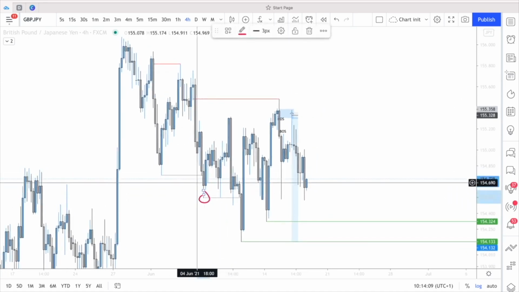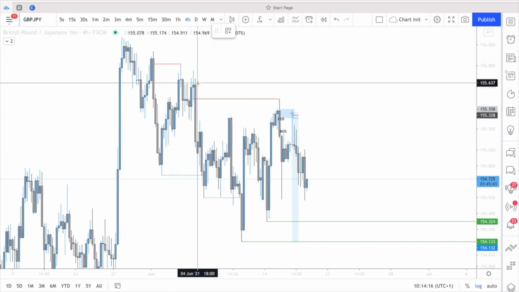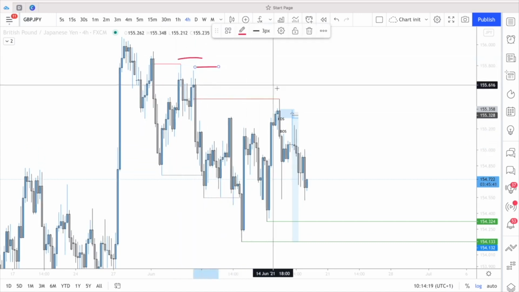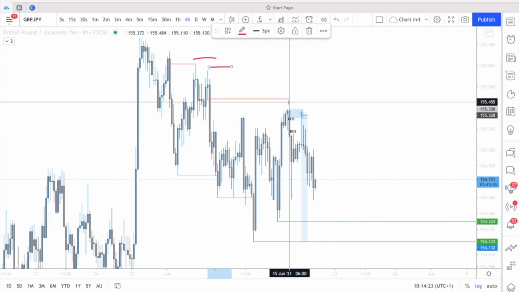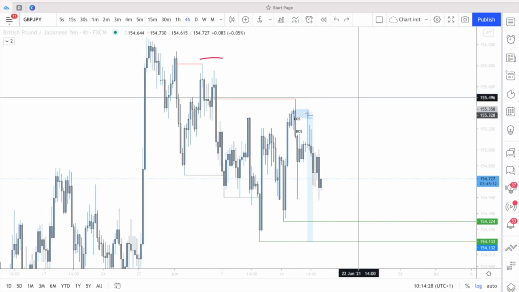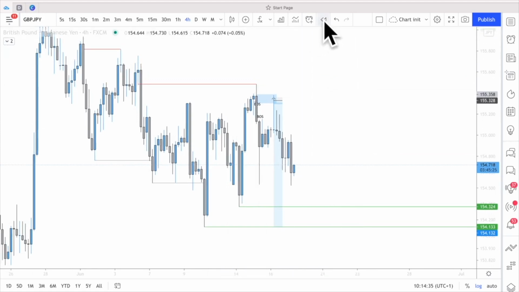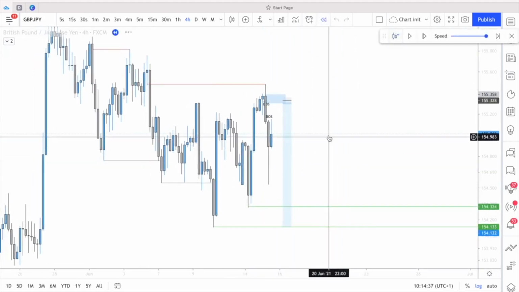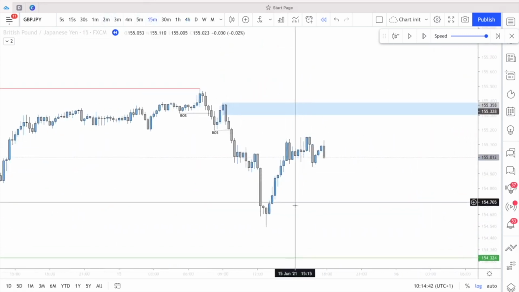So what we need to think about at this point is we are safely following order flow, and if you're just going to take risk entries on the higher time frame, you can just place your stop loss above here. And now if that goes into break structure, the last mitigation point is here, so having a stop loss above here is going to work out better for you in terms of improving your win rate. Now that we have this mitigation here, if we zoom into that and go to the 15-minute time frame,